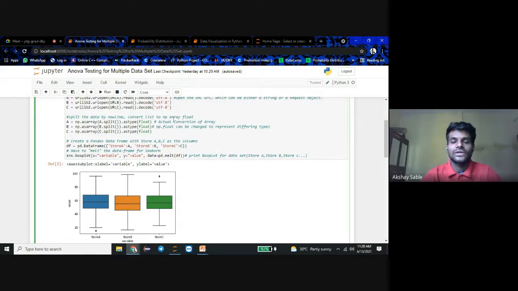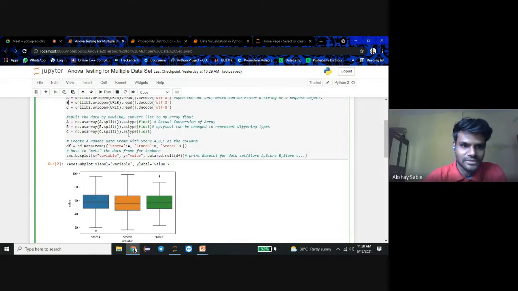Actually, this is an array conversion we are doing here using the NumPy library, with the NumPy alias np for array conversion. With astype float, we convert the array into float. NumPy float can be changed to represent different types of arrays.